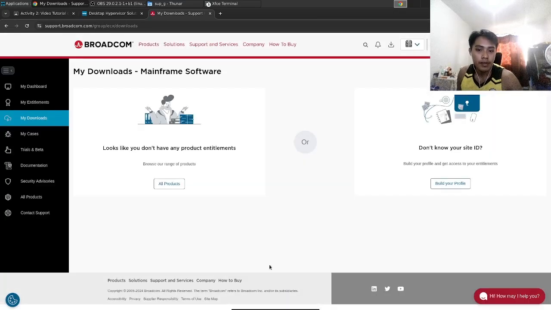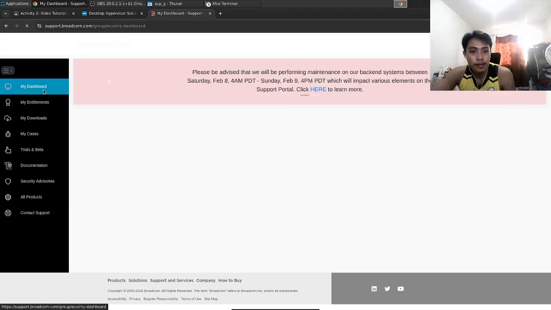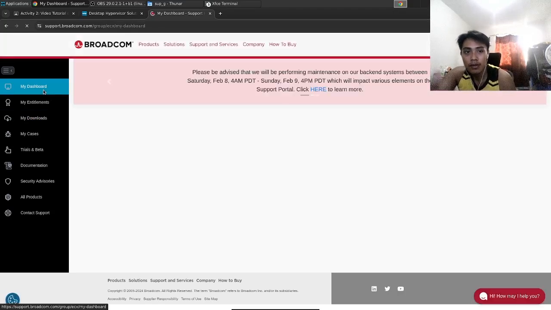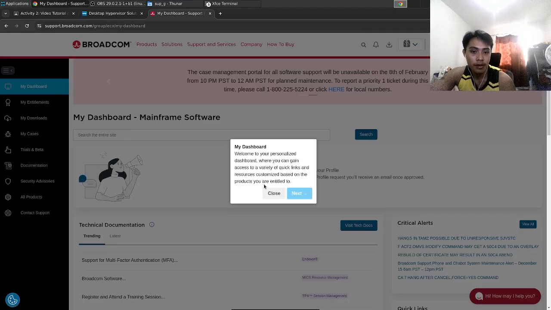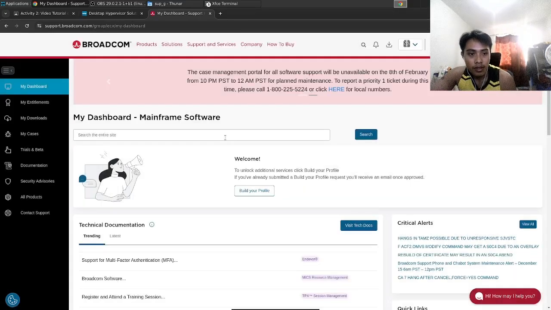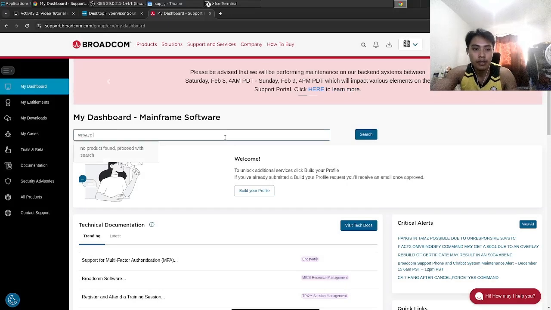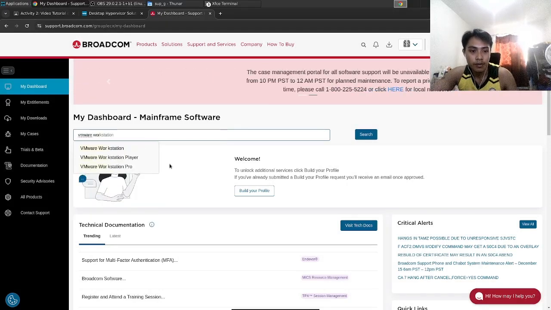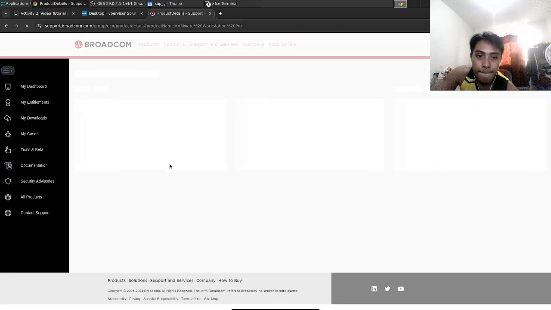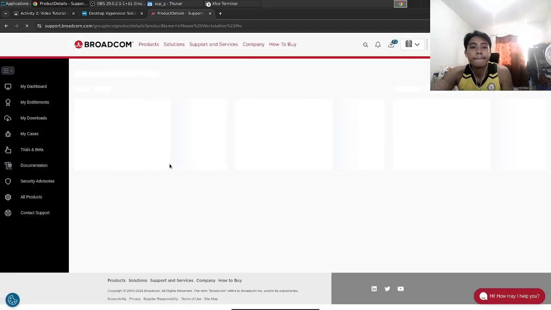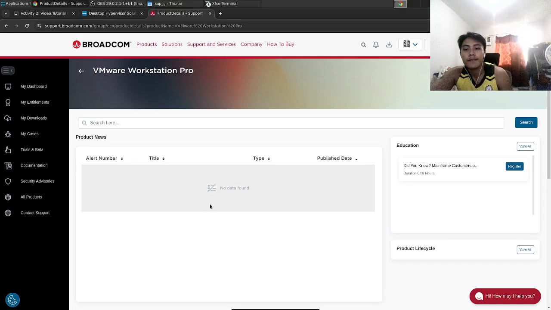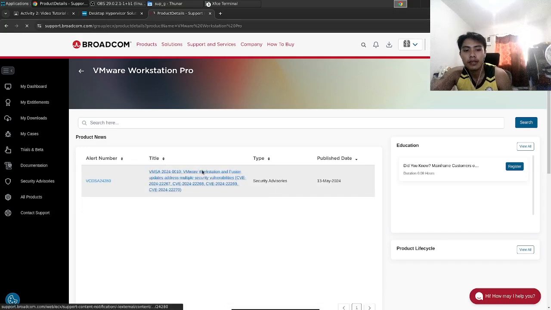So this is the page we can see first, and right now we should go to my dashboard, because this is where we download VMware Workstation Pro. And just search for VMware Workstation Pro. Then click this